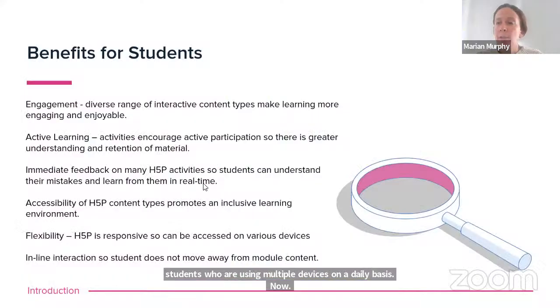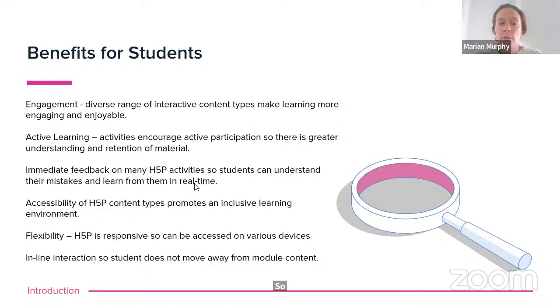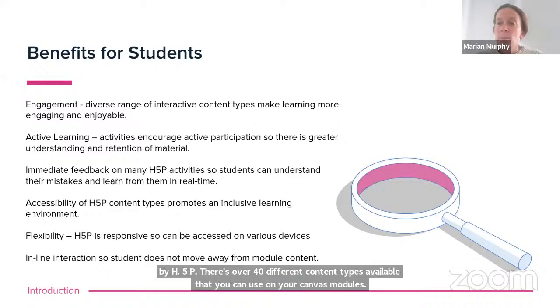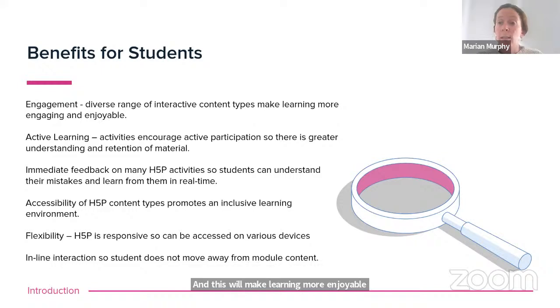So looking at what the benefits of H5P are to the student, first of all, it will enhance engagement in that there is a diverse range of interactive content types provided by H5P. There's over 40 different content types available that you can use on your Canvas modules. And this will make learning more enjoyable and interactive for the students. They're actively participating in the learning, in that they're maybe looking at an image hotspot, clicking on different things,